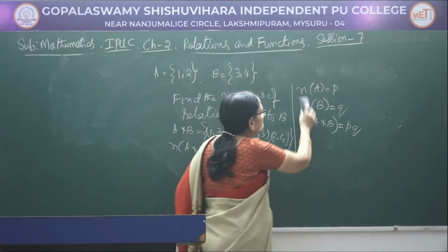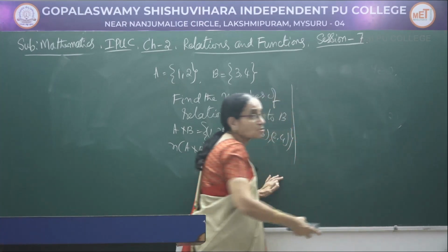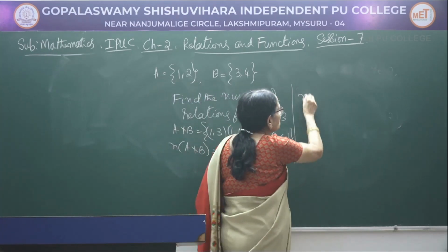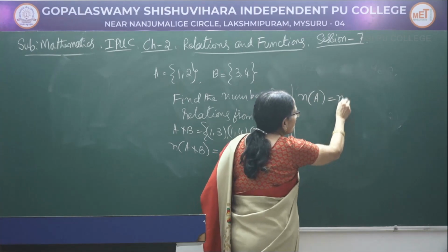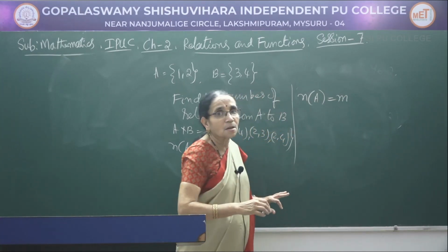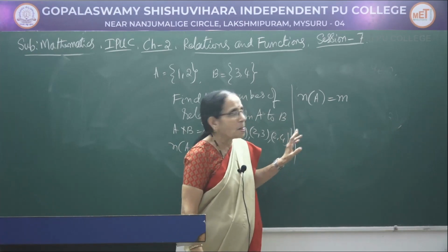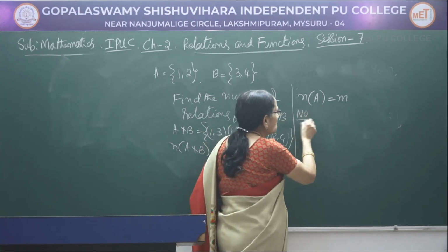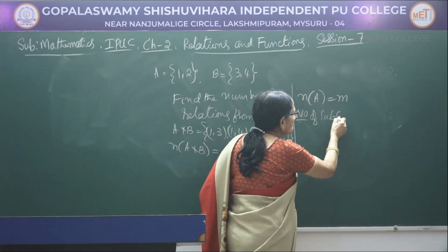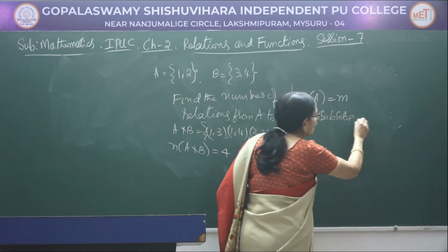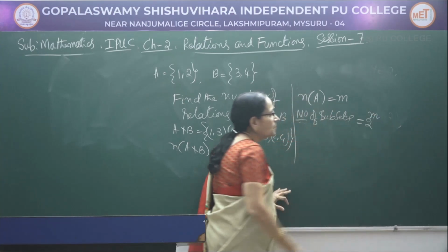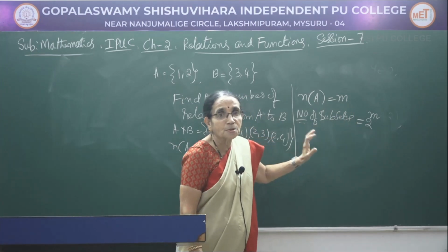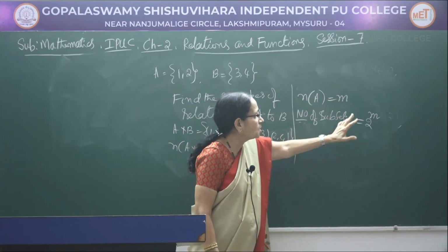Now, another information under the first chapter, sets, I have given you how to find the number of subsets. Suppose a set contains m elements. We call it a cardinal number. This is used only for a finite set. Suppose a set A contains m elements, then what is the total number of subsets it can have? These are important information you have to remember. Total number of subsets would be 2 to the power m. That is, if there are m elements in a set, the number of subsets this set can have would be 2 to the power m.